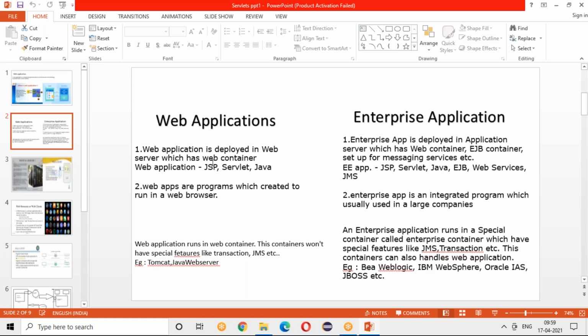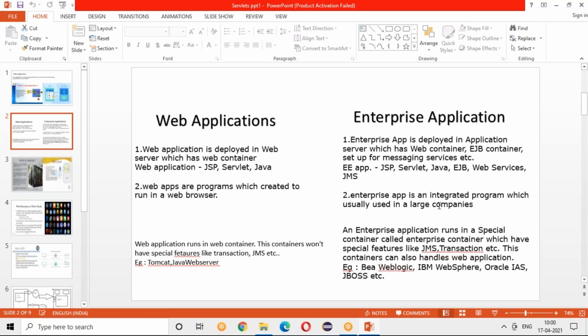Web applications are deployed in a web container, and an enterprise application has a web container, EJB containers, messaging. It's heavyweight.